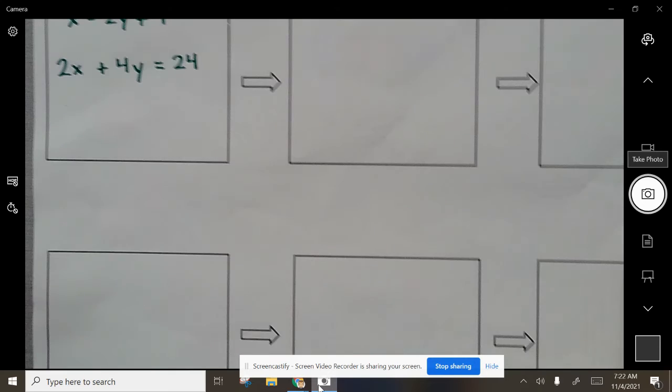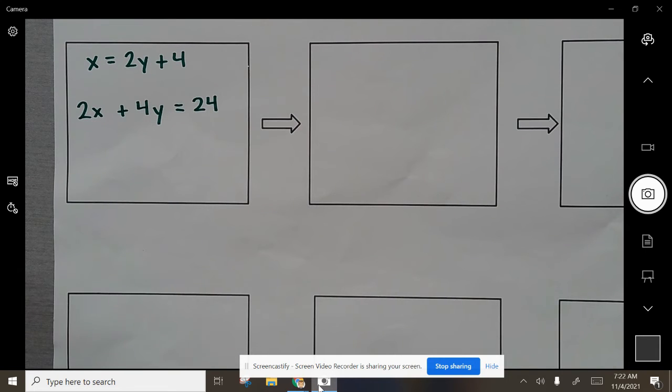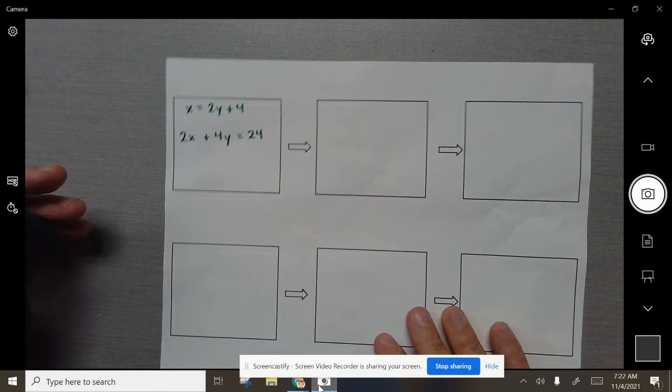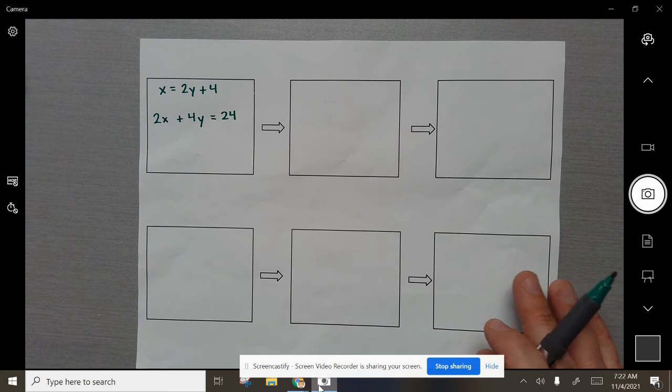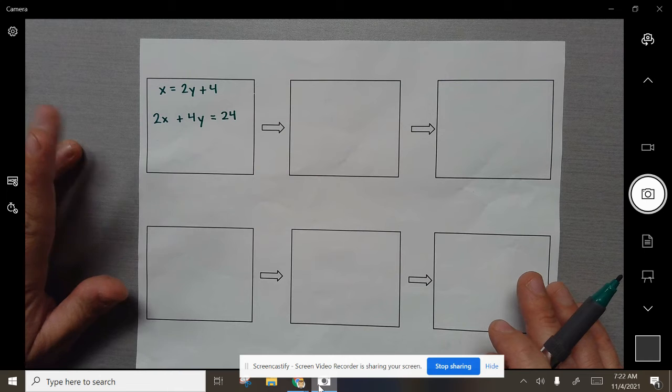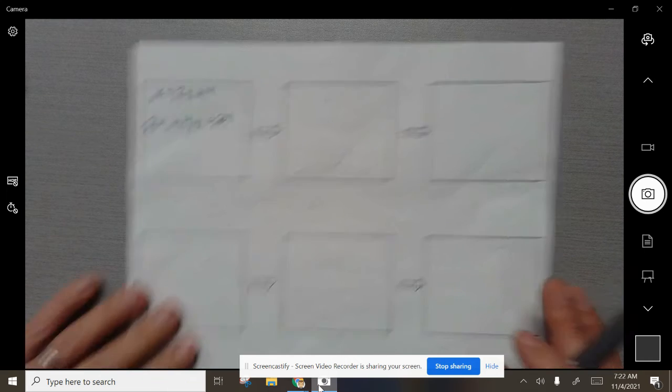All right, let's go ahead and do another one of these warm-ups. After we do these two warm-ups, we're going to go into writing on the tables like we did before. I'll have a little slide deck for you on that. And then I want you guys to, on the back side,